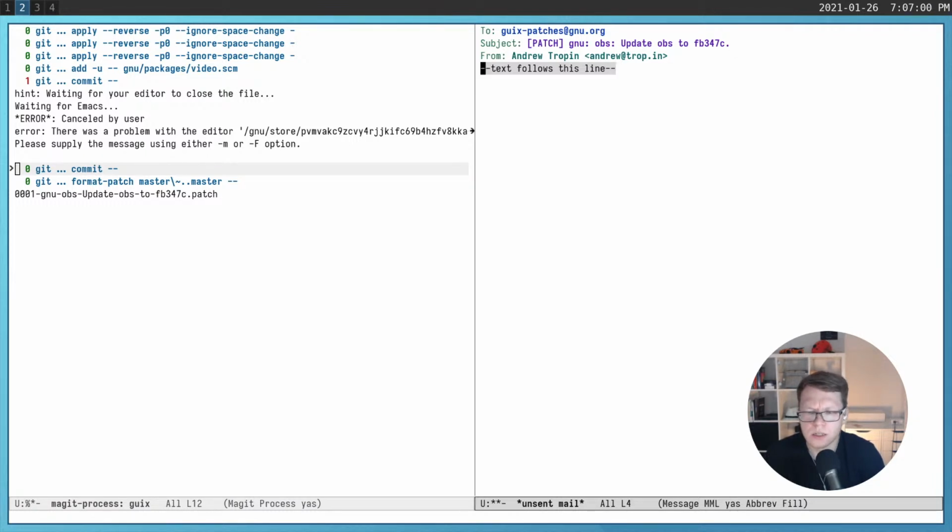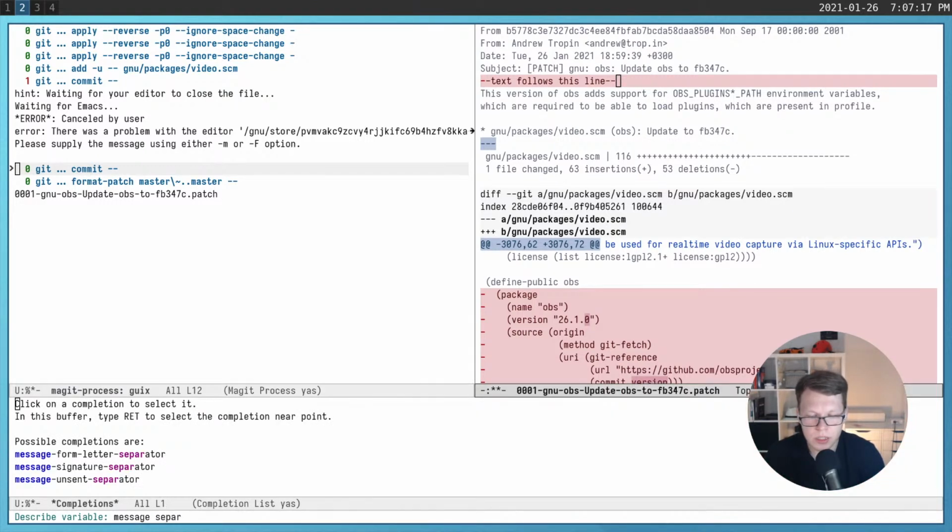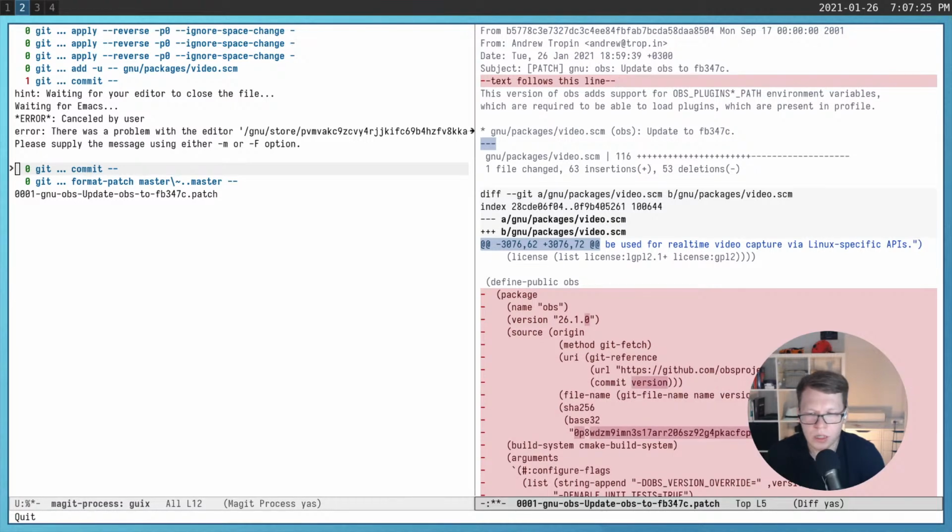I am still thinking about the approach I would like to take. Okay, I take the original patch file, add a line which contains the text "follows this line here". It's actually the value of message-header-separator, the value of the variable which is used to separate message headers from the message body. And now I will change from diff mode to message mode,